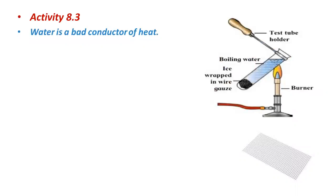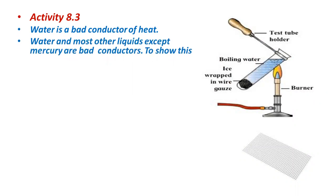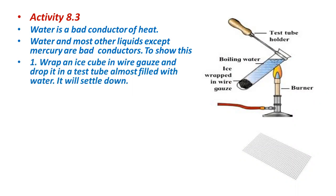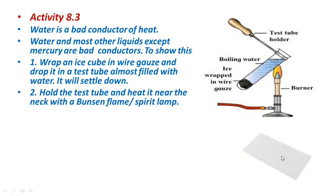Activity 8.3. Water is a bad conductor of heat. Water and most other liquids except mercury are bad conductors. To show this, wrap an ice cube in wire gauze. This is wire gauze. Take an ice cube and wrap it in this wire gauze. You can see in this image, this is an ice cube wrapped in wire gauze,